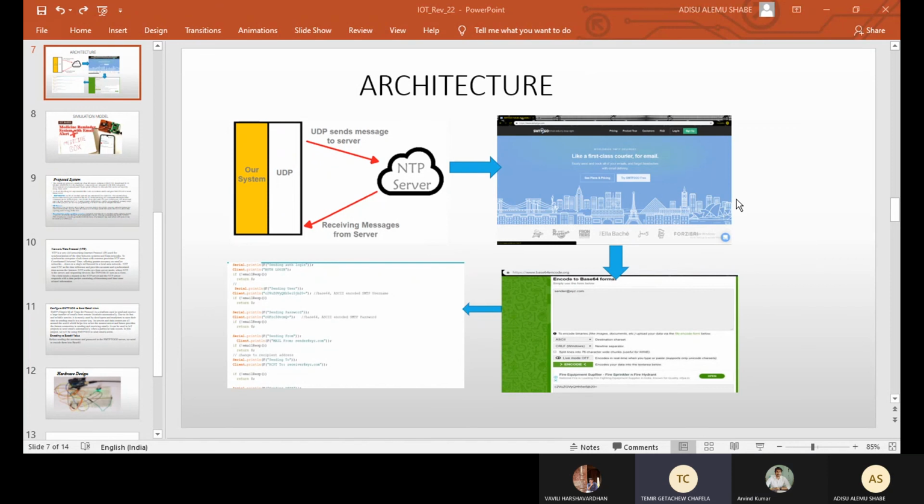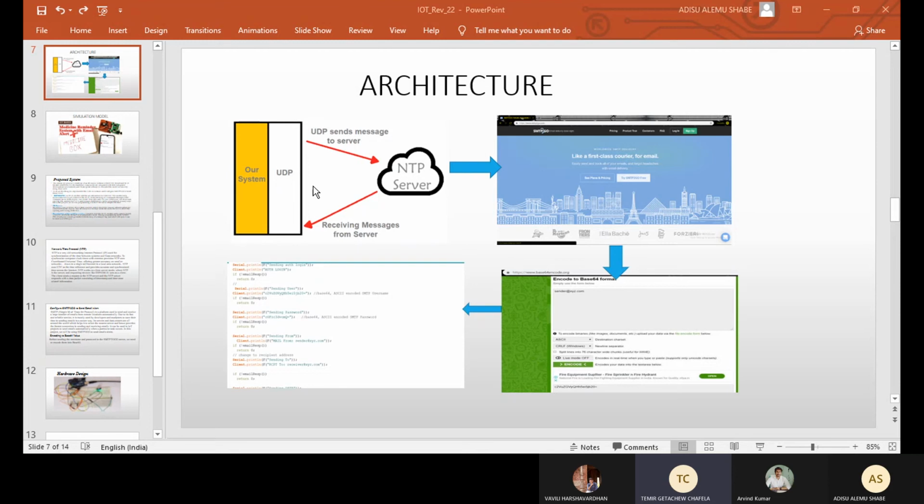It is a website. This is a website for simple mail transfer that will be integrated with our Arduino code, so that the email can be sent easily. But before we insert that into our Arduino code, this one is the green one that's shown in the architecture. After creating the username and the password in the simple mail transfer protocol, we will send that to the base. It will convert to base 64, and the encoded value will be inserted into the Arduino.